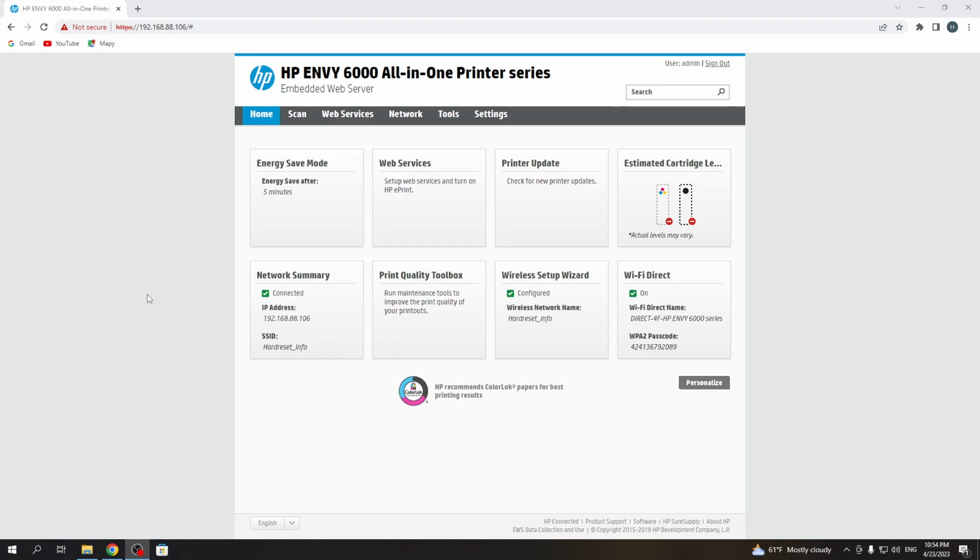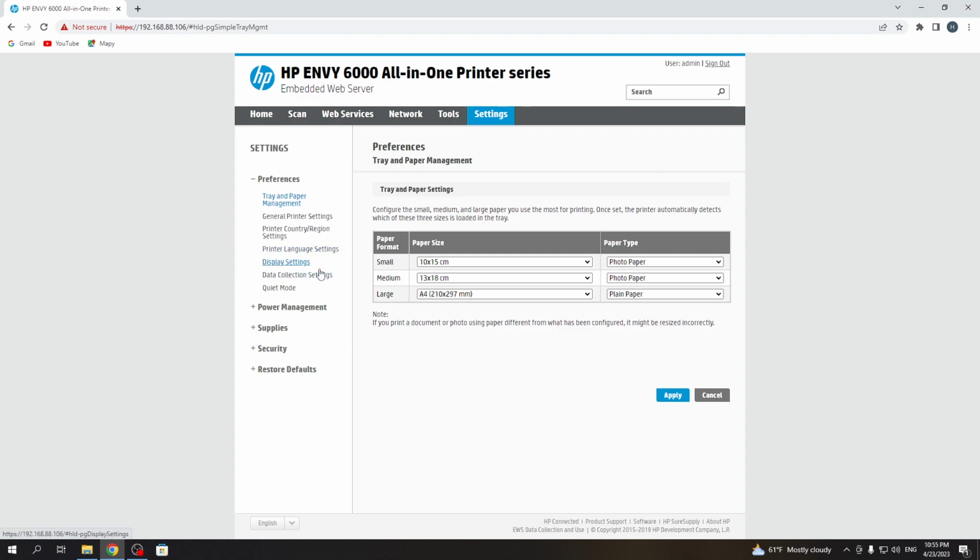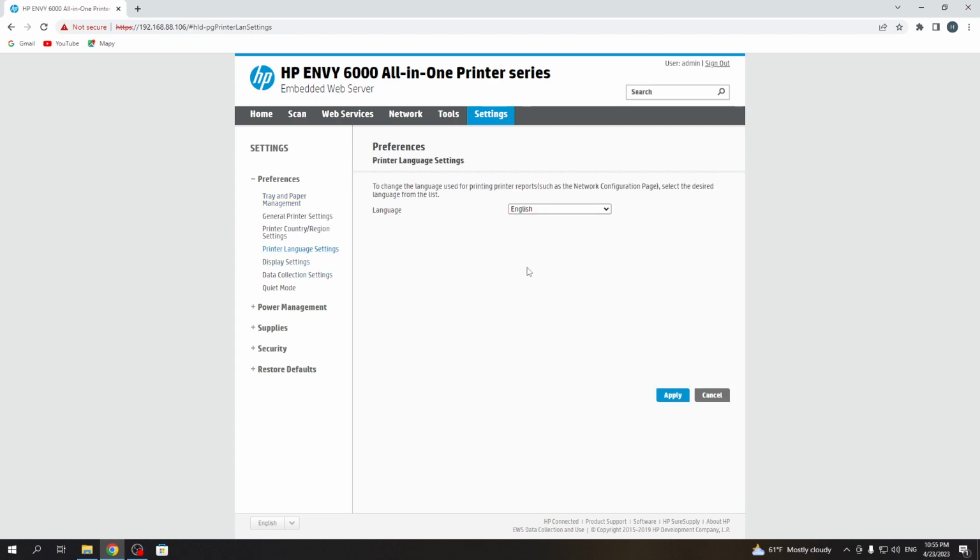How to do it? Just open the embedded web server, click settings and click printer language settings. So here you have system language and AWS language. AWS language is the language of the embedded web server. But if you have only language, it is the language for the printer's system, and you can change it, for example, to